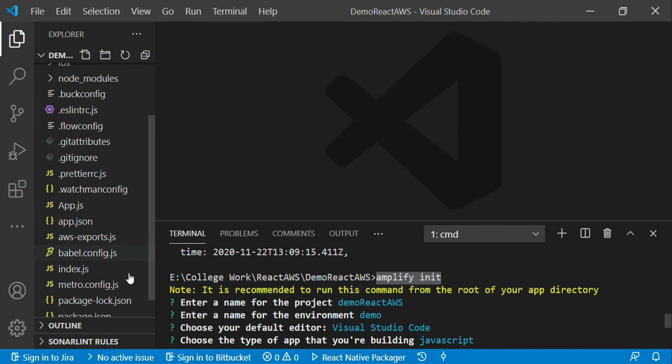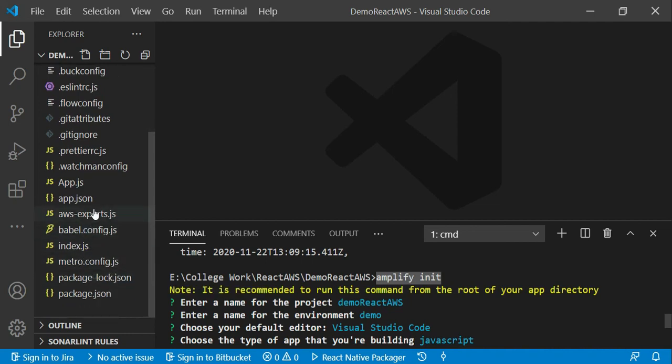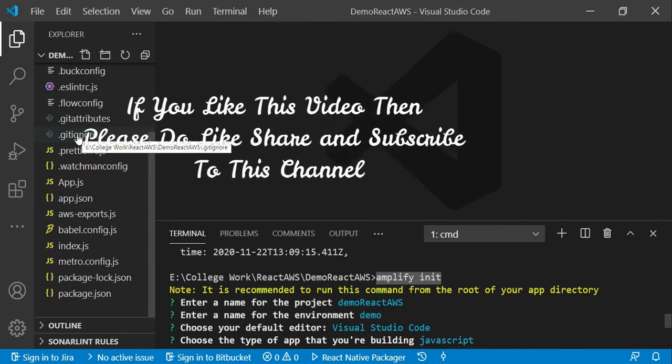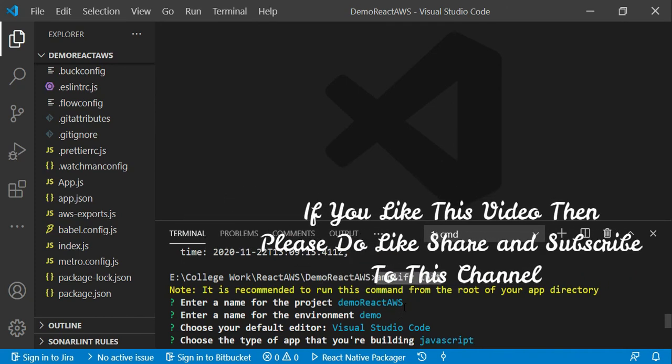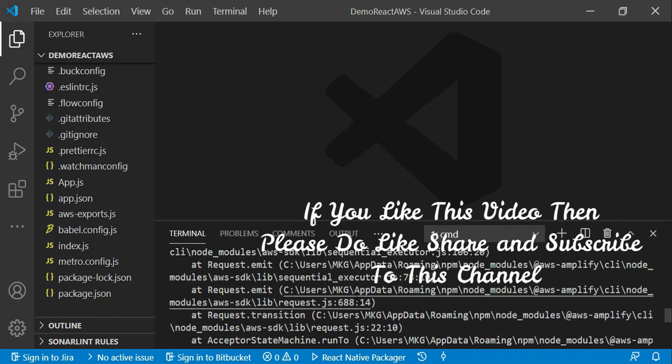Second, this file will be created, aws-exports.js. Then the .gitignore file will be modified, and a cloud project will be created for us, which we can access using the Amplify console. So this is all about how to initialize a new backend for our React Native project.